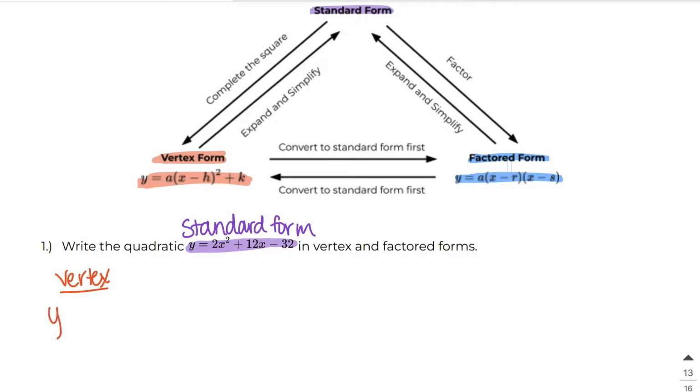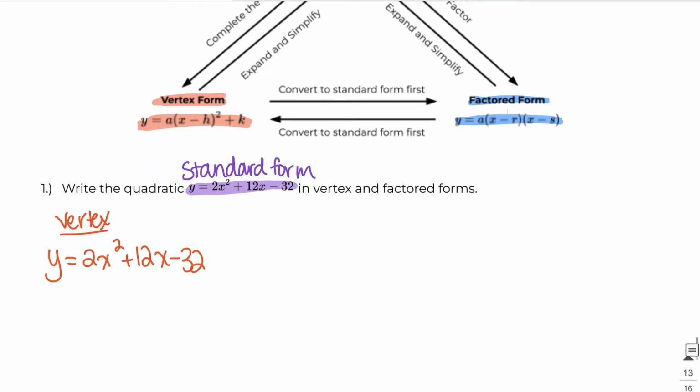So here, if my equation is y equals 2x squared plus 12x minus 32, what I need to do here is I need to factor out that 2 from the first two terms that we have here. So I have an x squared left over plus 6x. I'm going to leave some space. I'm going to write down minus 32. Now I'm going to go through this process rather quickly because this is practice. This is stuff that we've already learned. But if you need a refresher on how to do that, you can go back and revisit the video on